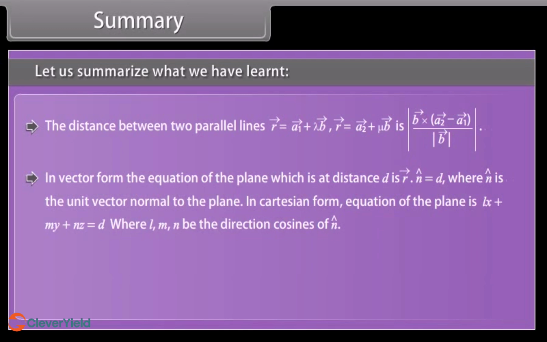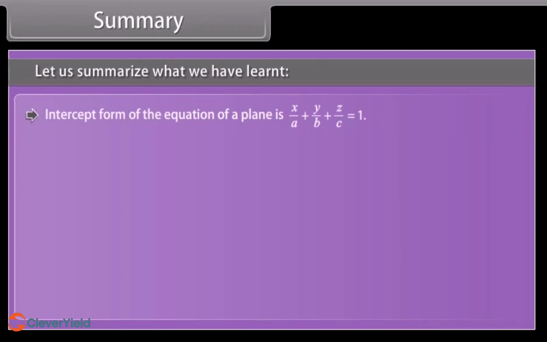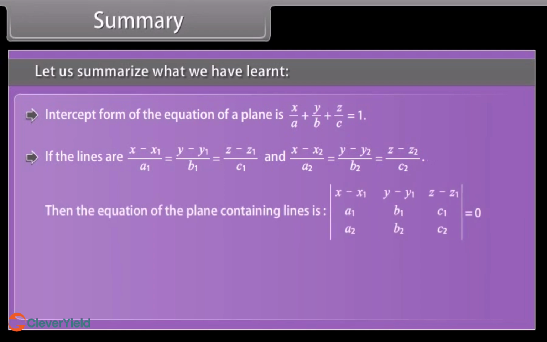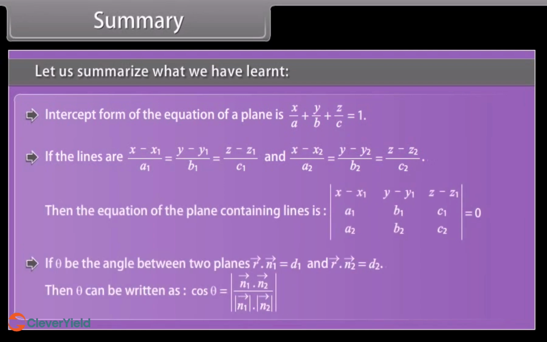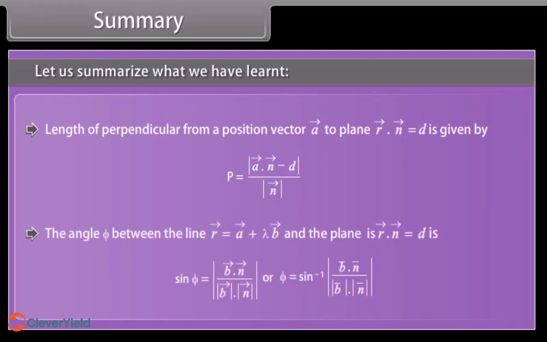In Cartesian form, the equation of the plane is the following, where l, m, n are the direction cosines of n cap. The equation of a plane perpendicular to a given vector and passing through a given point is, in Cartesian form, the following, where a, b, and c are the direction ratios of the plane. Intercept form of the equation of a plane is the following. If the lines are given, the equation of the plane containing the lines is the following. If theta is the angle between two planes, then theta can be written as follows. The length of the perpendicular from a position vector A to the plane is given by the following, and the angle phi between the line and the plane is